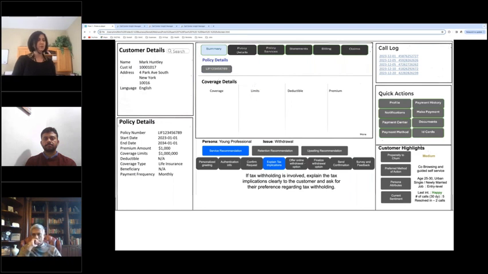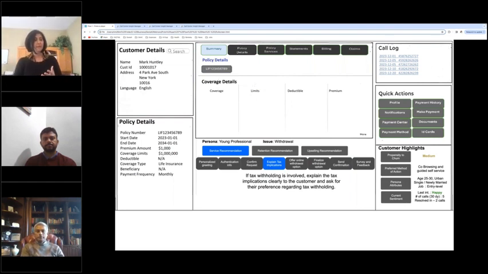Now, coming down to the customer highlights area, we see the churn model up top. There is a churn button. This one is a supervised learning model where we are feeding the history of churn customers to the model. The model is getting trained to understand that pattern, and then it is able to predict whether the customer that the agent is handling has a churn propensity of high, medium, or low. That's what you see here on the first tab. So that's the churn model.